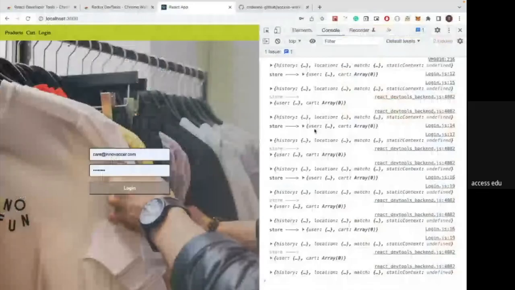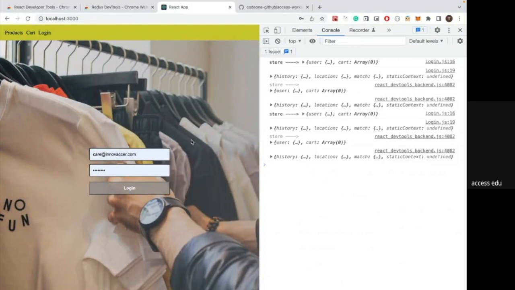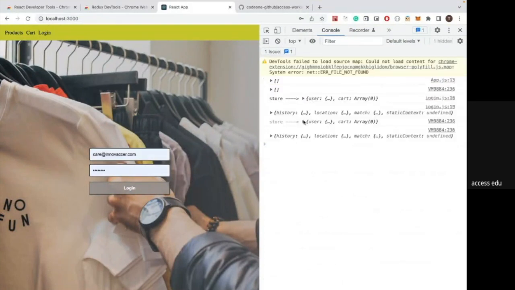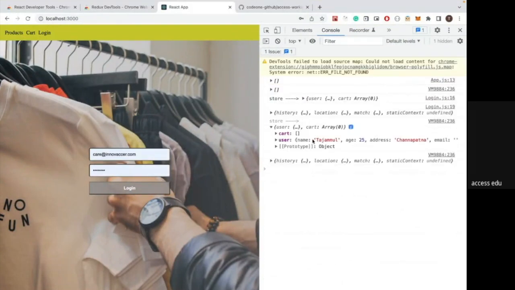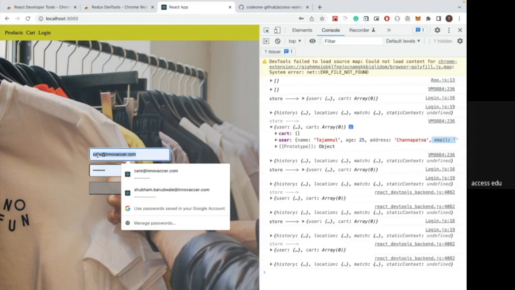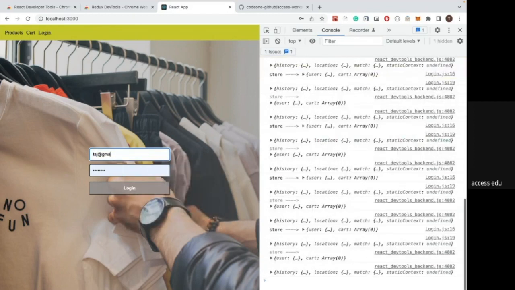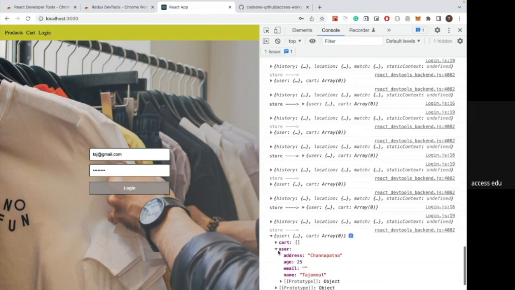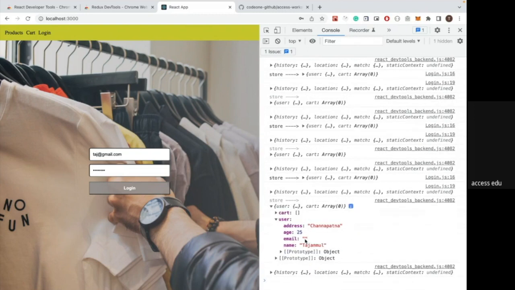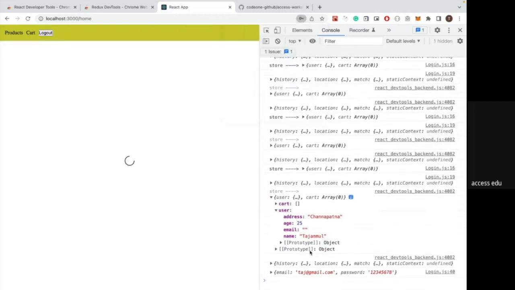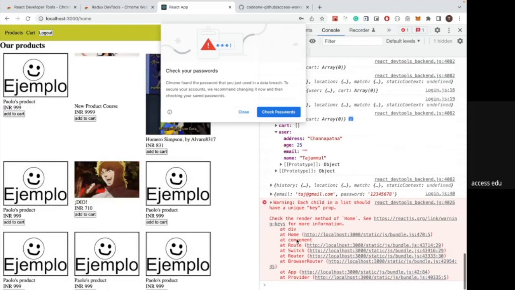Here, let me just reload the page. For the store, what do we have here? The email is empty. Now I'll put some email here, gmail.com, and the password I'll put 4678. Before this, the user object has the email as empty. Once I hit login,